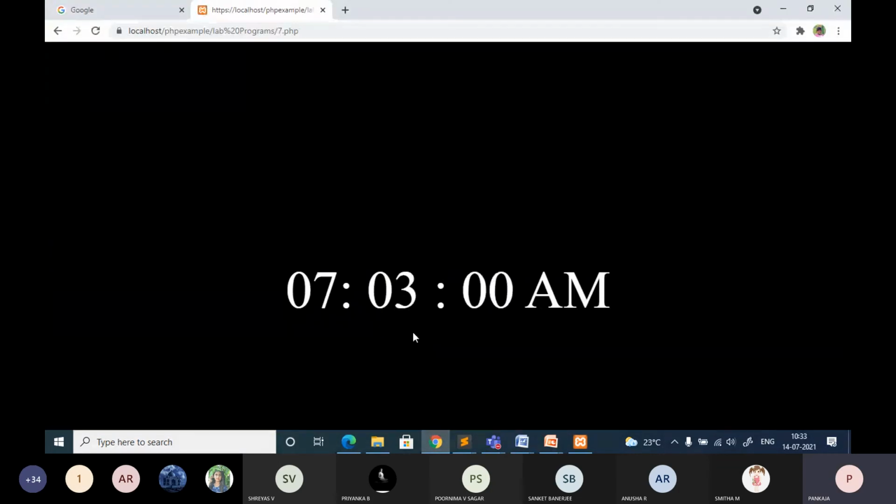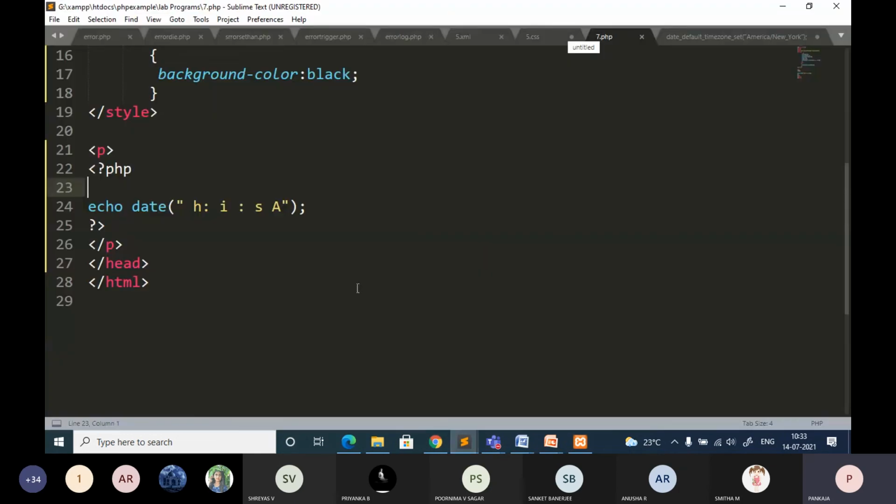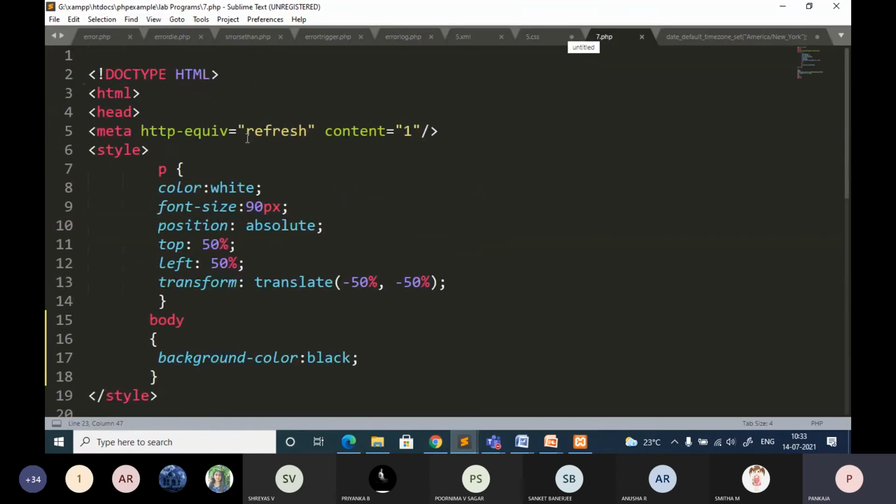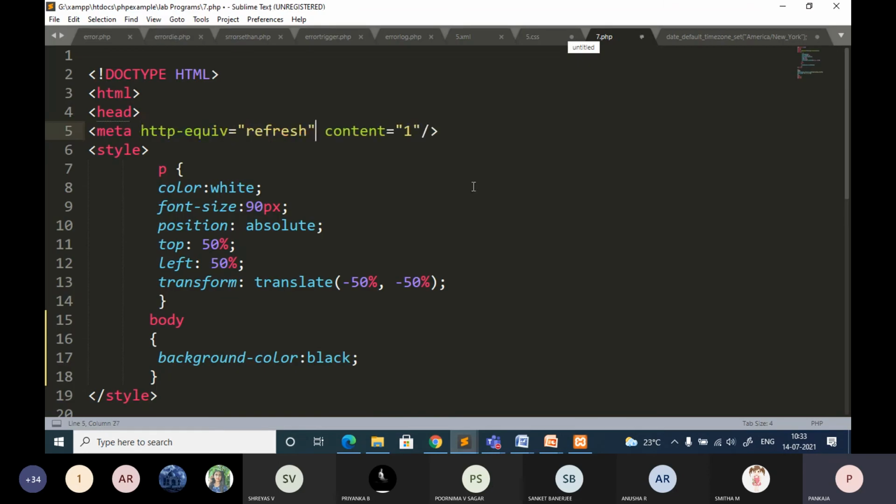You can see it is going to refresh automatically. I am not doing anything. If I make any changes in the code, it automatically takes them without my refreshing, because you have written code that is going to refresh by itself periodically. So this key is very important. You can check it. What happens if I remove this? You can see it is not updating. The web page is not refreshing. You can see it is static, the date becomes static. So that's why this meta tag refresh is required.